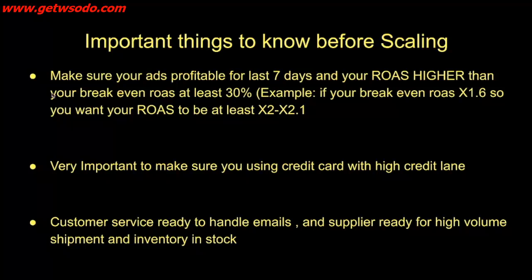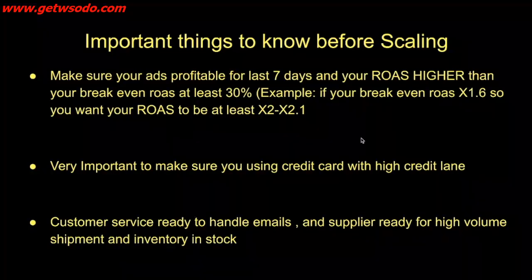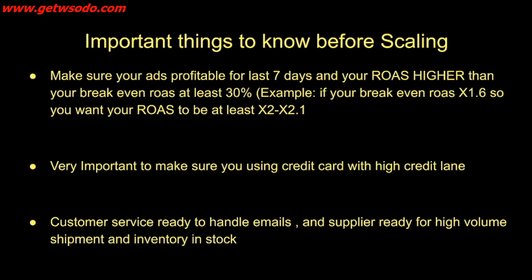So first, make sure your ads are profitable for the last 7 days and your ROAS is higher than your break-even ROAS, at least 30%. Example, if your break-even ROAS is 1.6, you want the ROAS on the campaigns you're running and testing, where you have some winners, to be at least 2 to 2.1. Again, it's a very low ROAS for Snapchat, but this is the minimum ROAS that you want to start to scale. Okay,